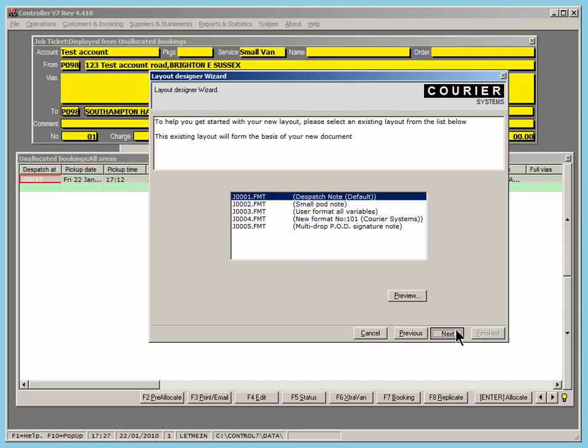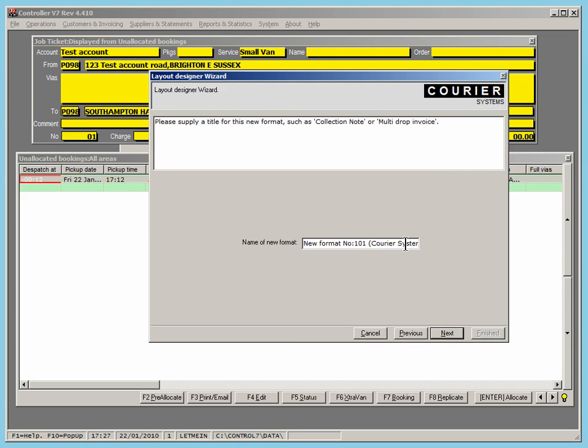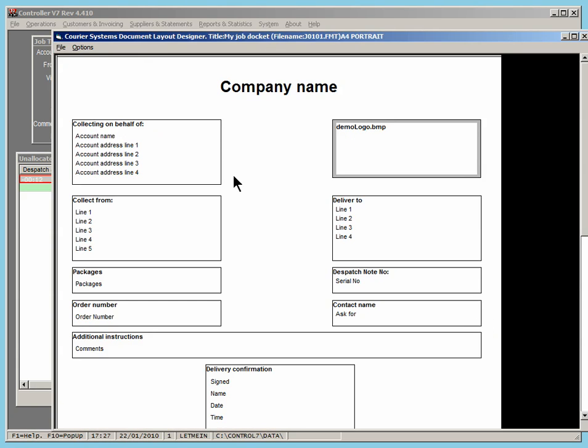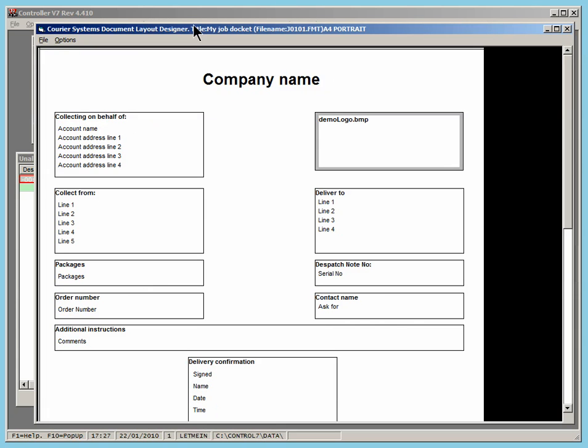Click Next, and you now have an opportunity of entering a title. So, my job docket. Click Next. You can then summarize the settings, then click Finished, and the Job Docket Designer will appear on the screen. Now I'll just briefly go through with you how you can